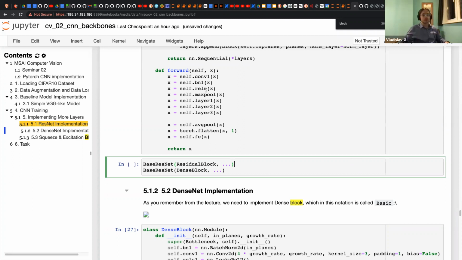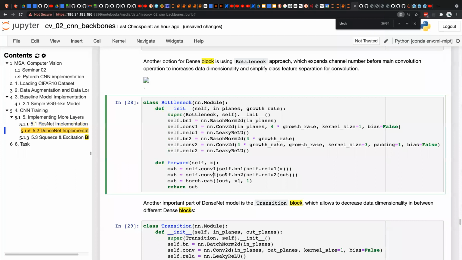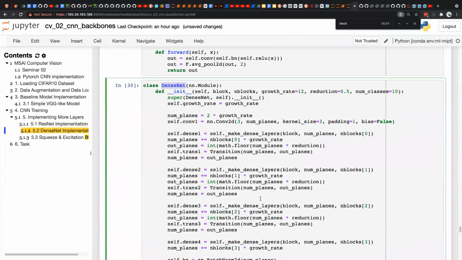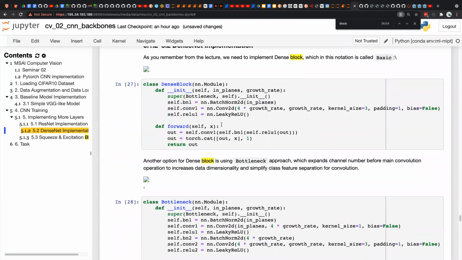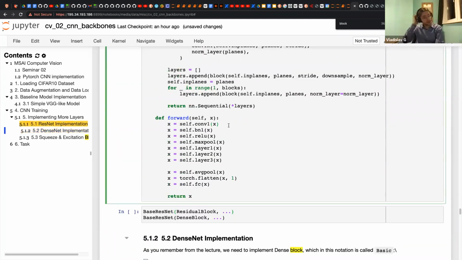Here are the same ideas, like dense block, bottleneck block, just blocks, and all of them are used here in a DenseNet. Vladislav, one more question. If you use, instead of blocks, for example a cycle in the forward method, would it basically be the same if you use the same blocks one after another? Yeah, I see. Yeah, it will be the same.